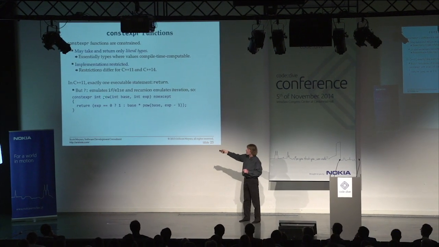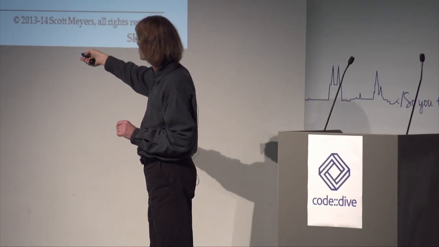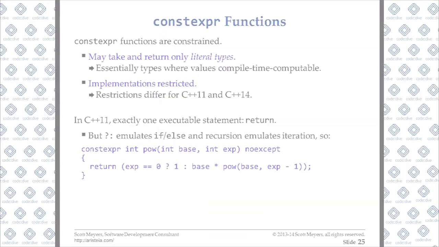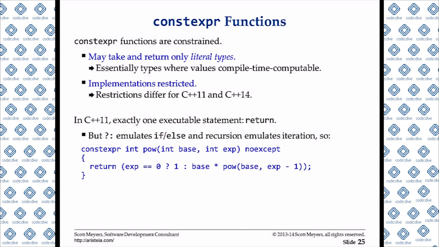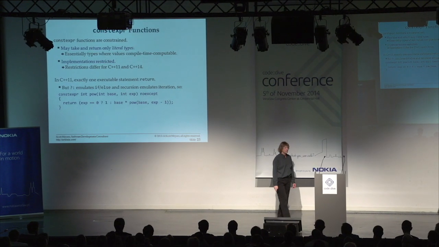So this is how pow can be implemented. I get a base, I get an exponent. If the exponent is 0, I return 1. Otherwise, base times pow of base and exponent minus 1. So that is a single statement consisting of a return, and it will, in fact, compute base to the exponent during compilation in contexts that require it. For those of you who are functional programmers, you may think, oh, finally, C++ has functional programming. For those of you who are normal,